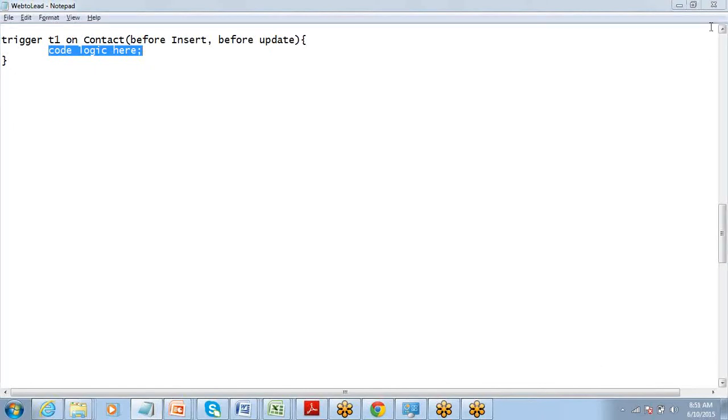Let's formulate the logic, right? So what Amish says is he will do something like this: if email not equal to null. Then this email variable, I'll get the value like object of that. Very good. But what is this email? The moment you try to write this, it will ask you from where did you get email? What is email? Did we define email anywhere? Suppose I'm checking this email in an object, like the accounts object, then I can make accounts.email. In accounts, this email column is there.